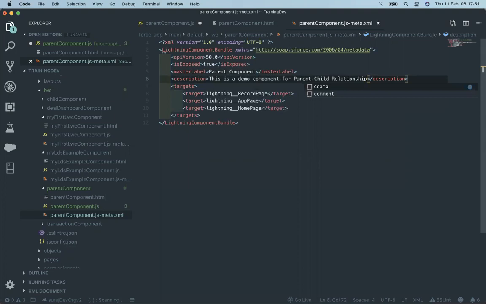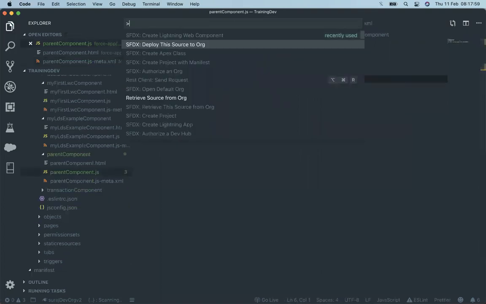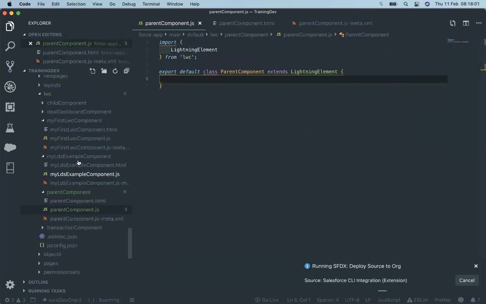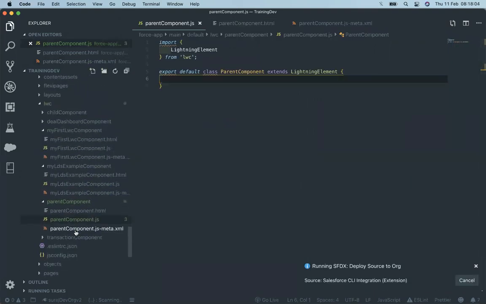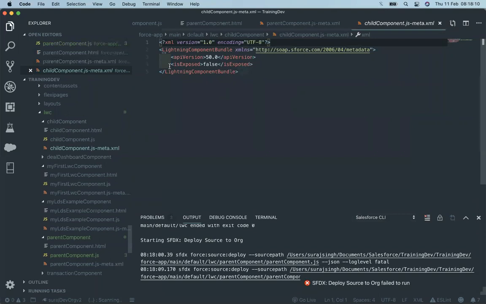Okay, save it. Then the parent component JS file. Save it and deploy. Where is my child component? Let's also have a look at its meta.xml. Just copy this meta.xml from here, go to child, paste it.